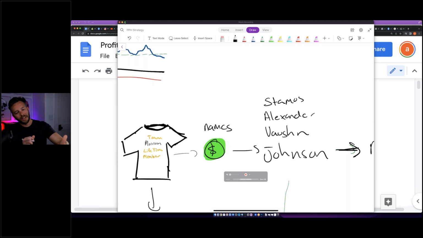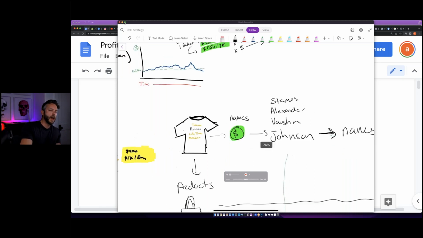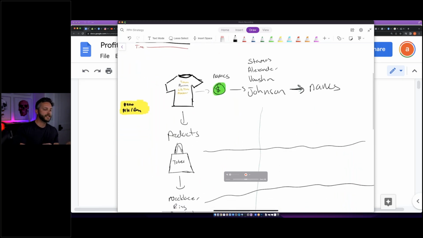I would just have all the last names, and each of these would create money for me. So maybe you're not selling a Vaughn shirt or Alexander shirt every day, but you're selling a Stamos or Johnson or whatever it might be. So it's kind of like a volume play. So everybody that hits your store has something to buy.